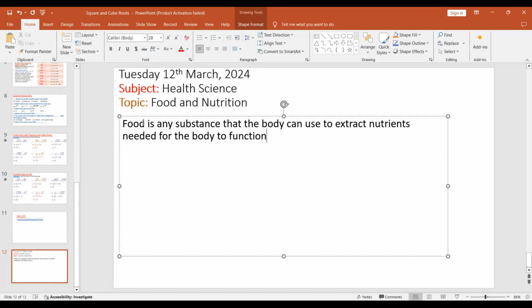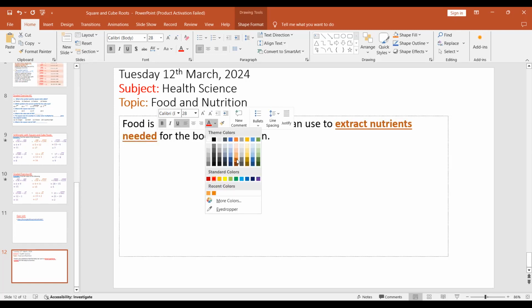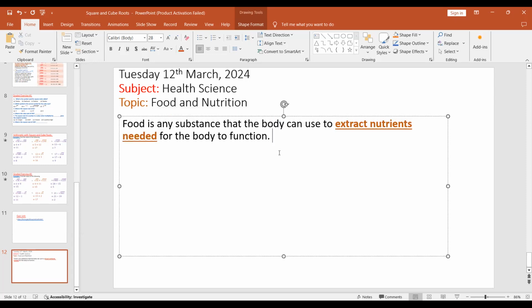So what does the body do? The body extracts the nutrients from the food, right? That's why you have to eat things that have nutrients in them. If you are eating things that do not have nutrients, then your body is not going to get the proper nutrients that it needs. So the body gets the nutrients, the vitamins, the minerals and stuff from the food that we eat. That's why we have to make sure that we're eating food that has